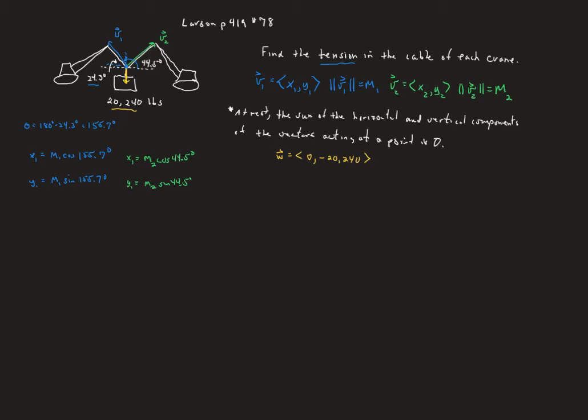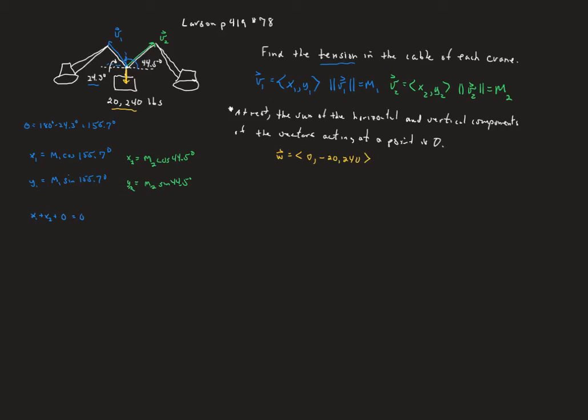what this law is saying is that the horizontal components have to add to be 0 if it's at rest, and this is because we're assuming this is not swinging around, it's just hanging there, just still. So that's what we mean by at rest. I don't think I labeled these, so let me change these subscripts. That's x2 and y2. So what we're going to get is that the sum of all of the horizontal components is going to be 0. So that's going to be x1 plus x2 plus